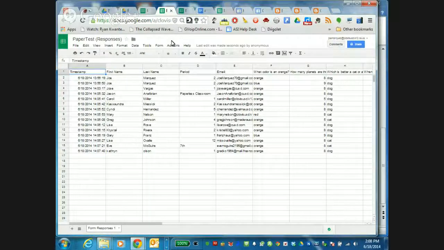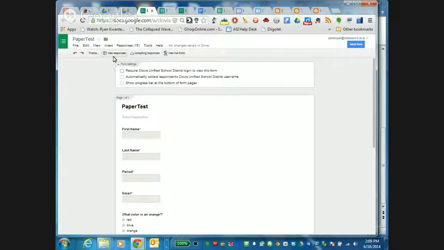I don't know how Google decides when to do it or not, but sometimes on your form, instead of saying view responses, it'll say select response destination. And then all you have to do is click on it and hit OK, because it automatically creates the destination for you. I believe there is an option on there that says,